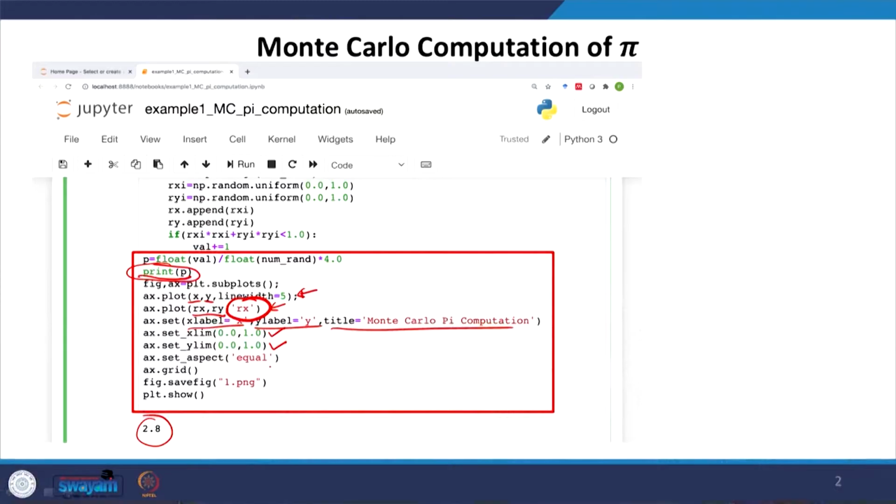So, you will get a line for the circle and you will get red crosses for the points that you generate in there, and then you can also save it, give it some name, save it on the computer, and you can also show it on the screen. Okay, so you have to do the show command, and then only it will show and also save the file there, right.